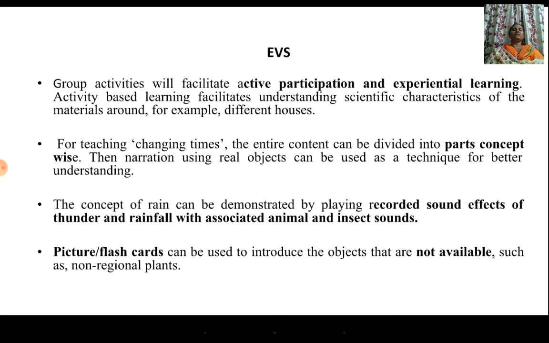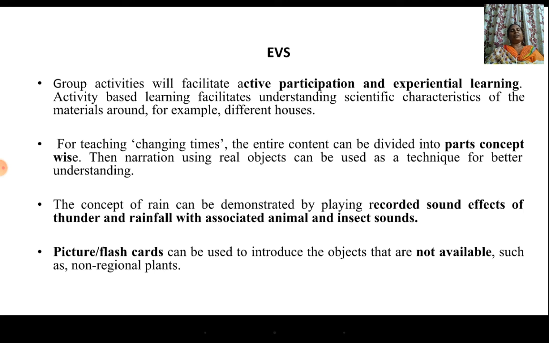Coming to EVS, group activities will facilitate active participation and experiential learning of the child. Similarly, activity-based learning will facilitate their understanding. For example, teaching them with the materials around will help them to understand the concept of different types of houses. Concrete houses, like a hut or such other things, can be made easy for the child to